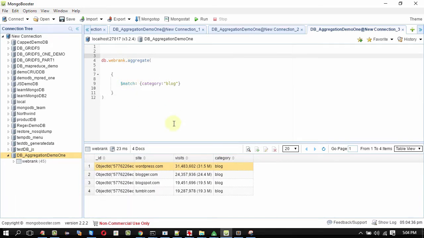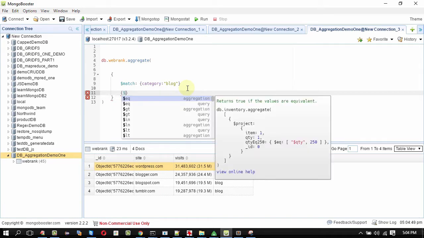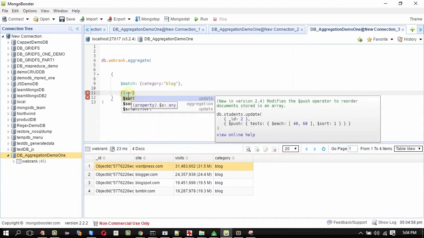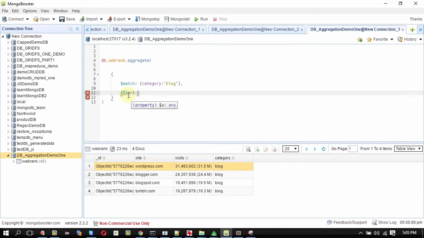Now let me take the top 2 websites which have maximum visits. That can be easily done using the sort operator and the limit operator. I missed a comma here. Sort using visits, -1 and the curly brace.